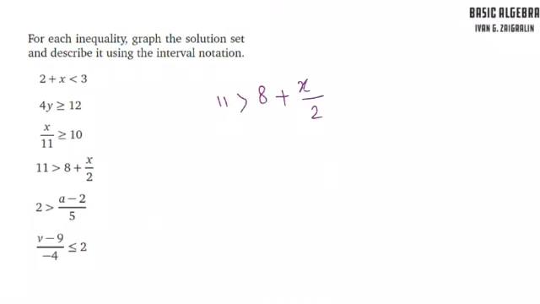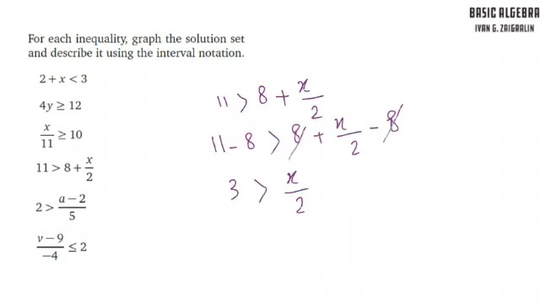So firstly we add negative 8 to each side, so 11 minus 8 is greater than 8 plus x over 2 minus 8, and this 8 goes with this negative 8, and 11 minus 8, 3 is greater than x over 2, and in the next stage we multiply each side by 2,